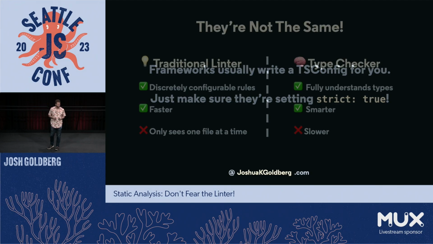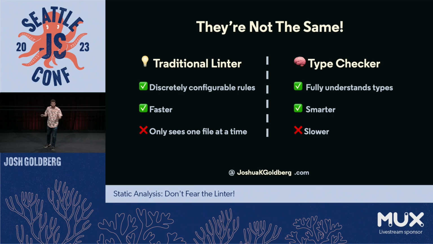Strict true. And similar to before, two things are not the same. A linter runs a set of discrete rules, each of which typically just looks at one file at a time and doesn't understand that there's anything else happening. Whereas a type checker builds a full understanding of your program. It reads everything. It knows everything about you. And it can use that knowledge to criticize you, like a bad relationship. But that means it's slower because it has to build up an understanding of all your stuff.